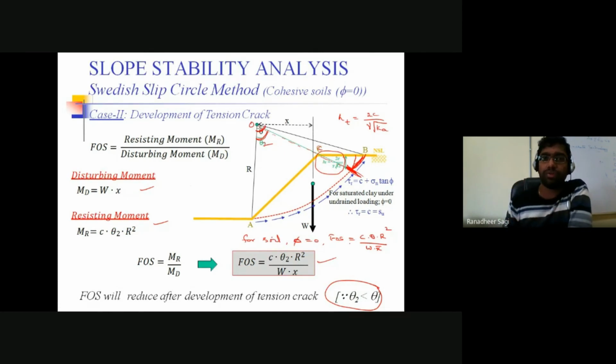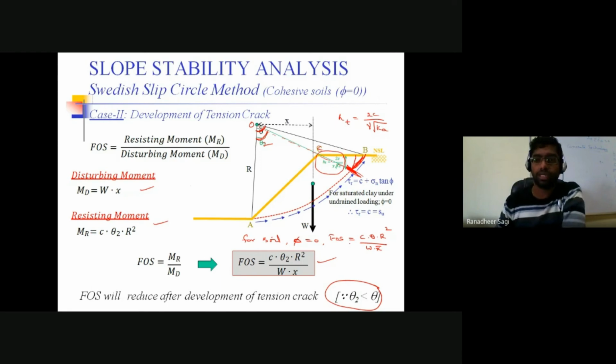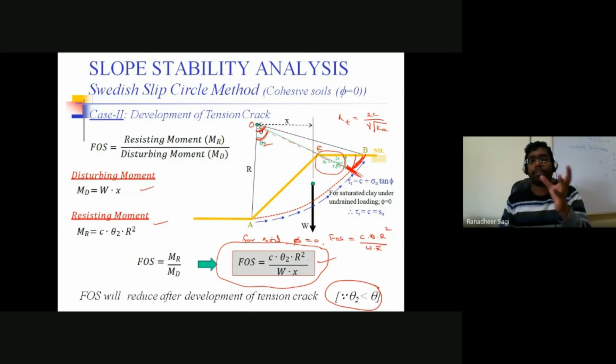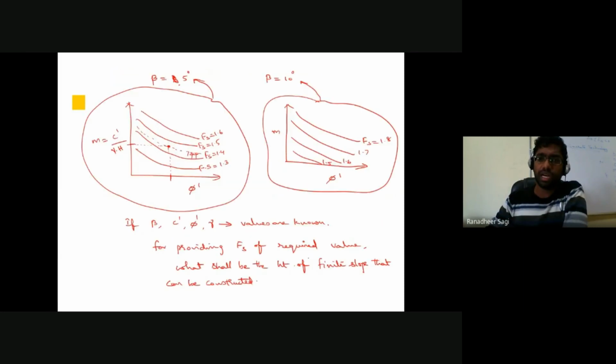And one thing we need to understand here is there is a tension crack which got developed, but there is no water which is getting filled into that crack. That crack is still in a dry state. In such case, the factor of safety of that particular slope is coming out to be this much for purely cohesive soil. In case it is a c-phi soil, then I'll have another term also in the numerator. What is going to be my other term in the numerator? The term I'll be looking at in my numerator is N into tan phi dash into R. That term also will be coming additionally in your numerator.